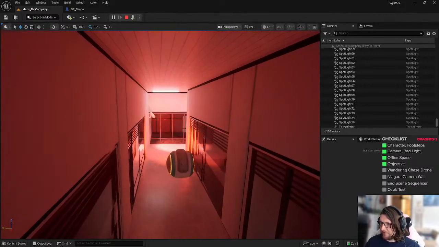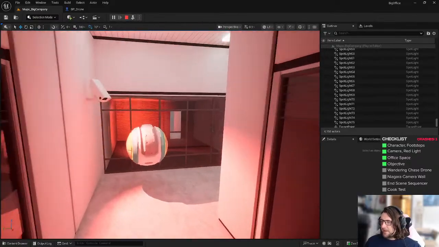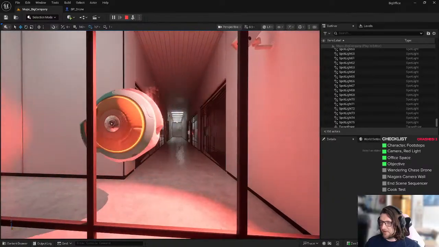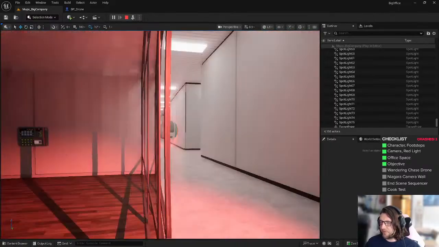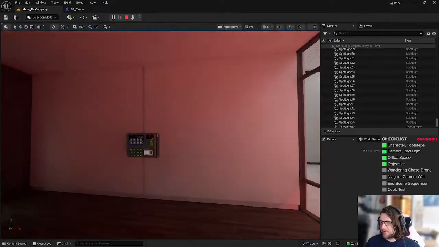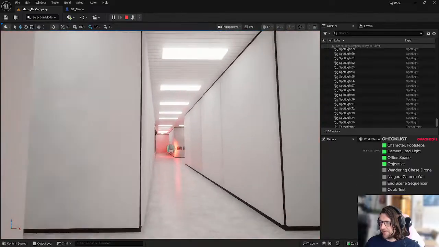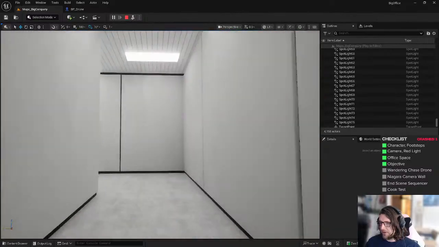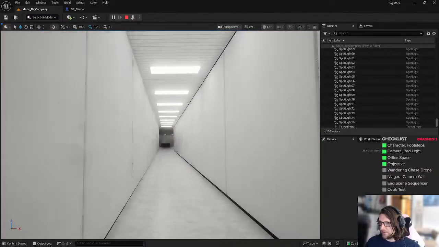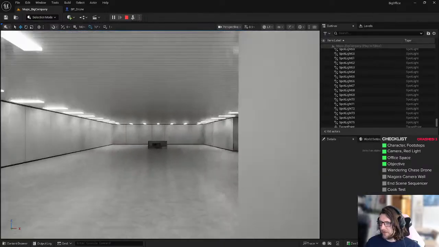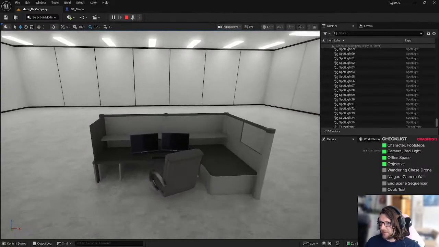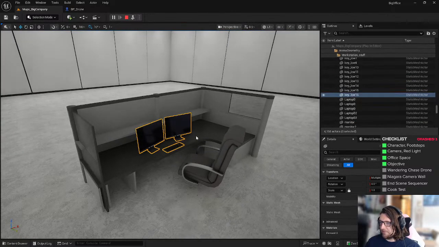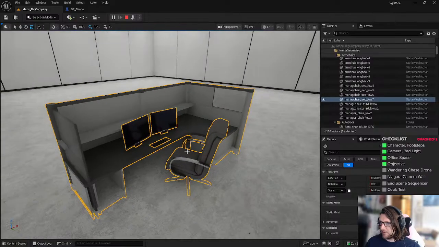Let's turn the nav mesh off. This is the supervisor. Your goal is to go and activate 3 of these, which I've got some test ones here so that I can open this door. And then you go through and I'll do some cool graphics with this hallway that I have planned, and then you get to this point and this is your desk that you end the game at. Which I realised as well,